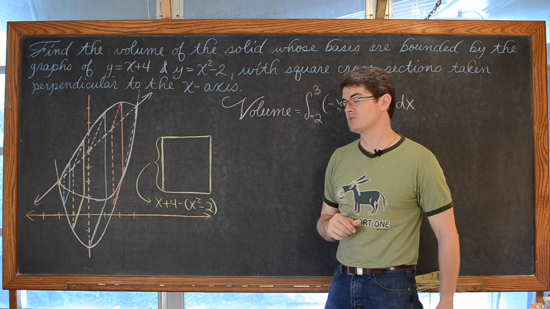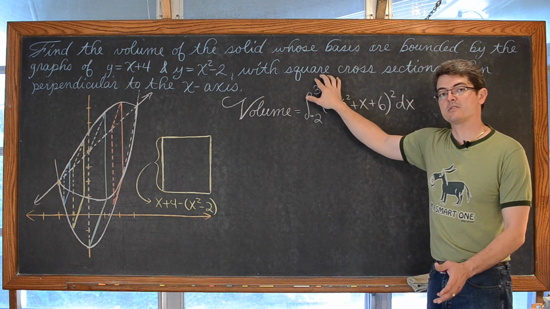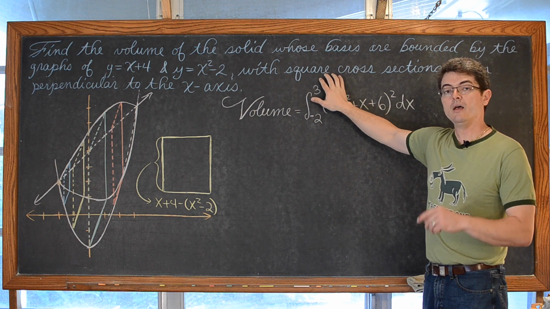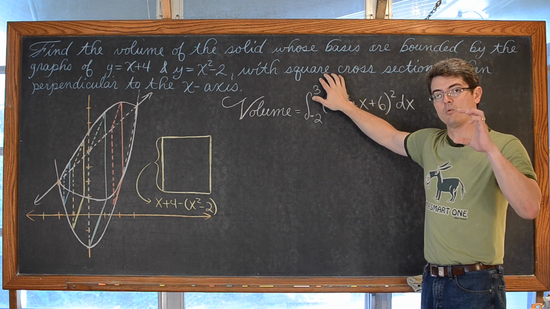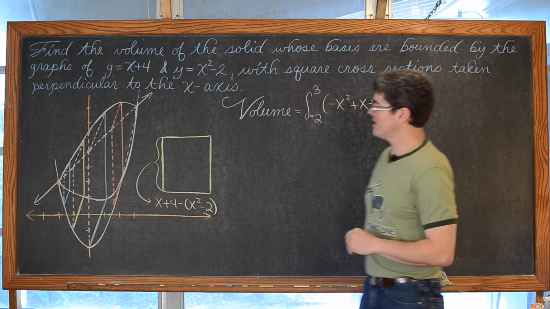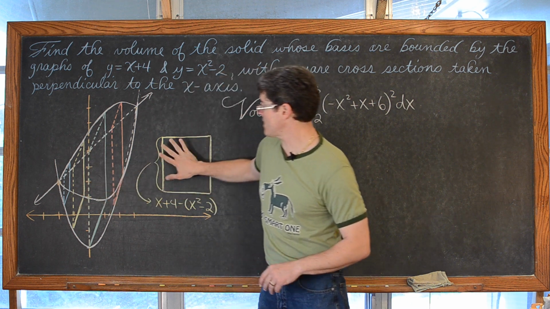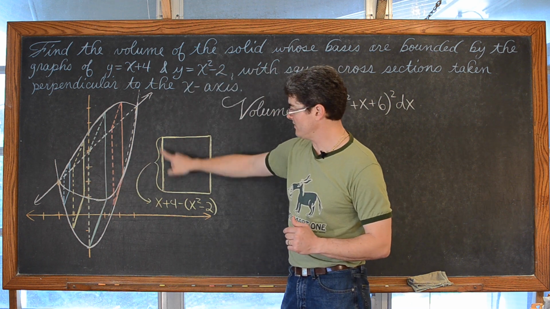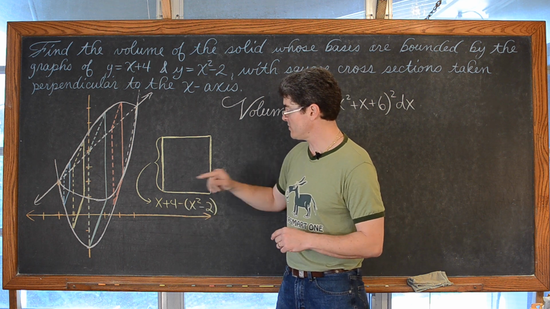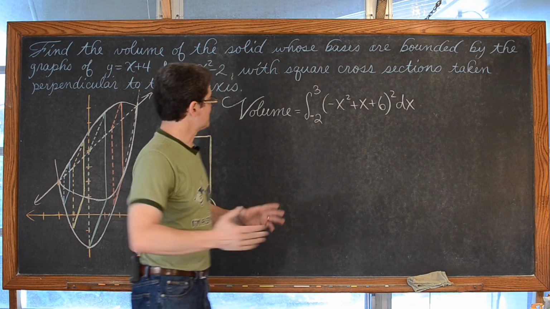equal to x squared minus 2, defining the boundaries of our region, but each of these cross sections, still cut perpendicular to the x-axis, are now going to be in the shape of a square, as opposed to a rectangle where one of the measurements is fixed, which makes it a bit of a harder diagram to draw. But we have a square. I've taken this yellow cross section and tried to lay it down flat so you see it's not a rectangle. The length and width are both going to be defined by the distance between the functions, x plus 4 minus x squared minus 2.